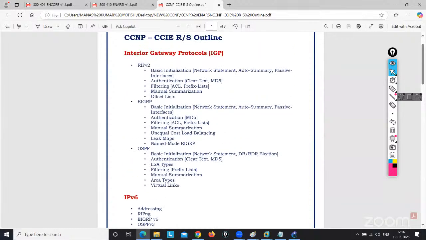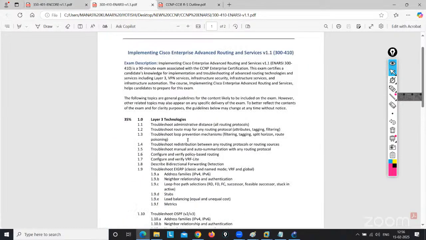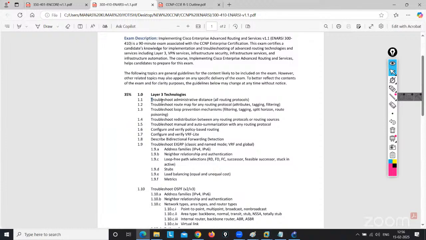But what, in the old CCIE syllabus and the new NRC, are the same things? Okay, so EIGRP, I need to cover EIGRP, and named mode EIGRP is also there. I will start from EIGRP, because if I show you this first, it will start directly from troubleshooting. If I do not explain anything about the EIGRP part, the OSPF part, the BGP part,